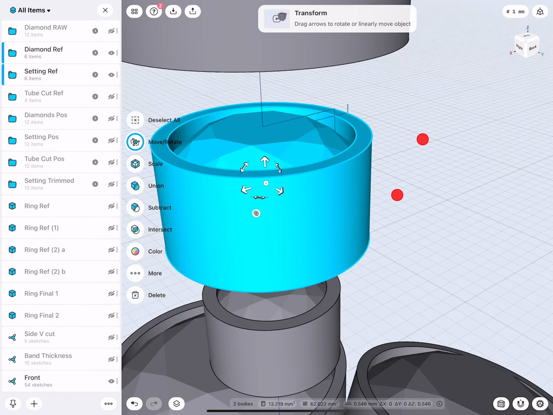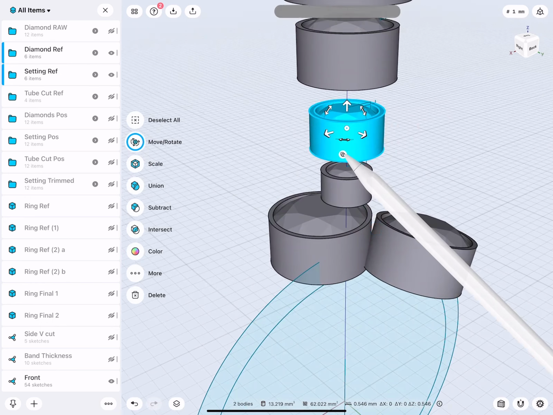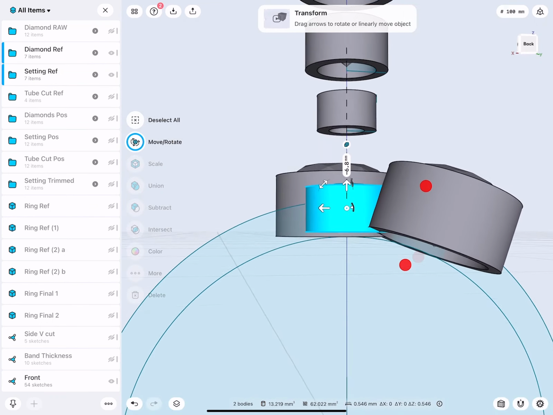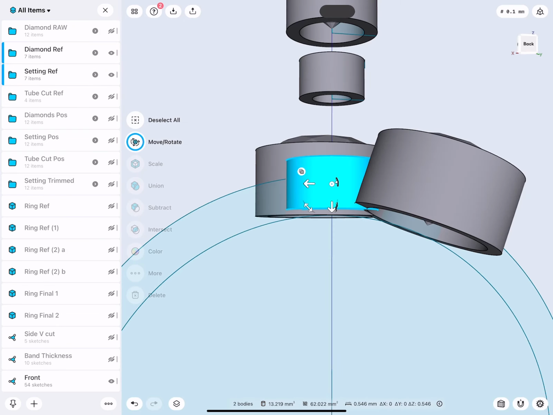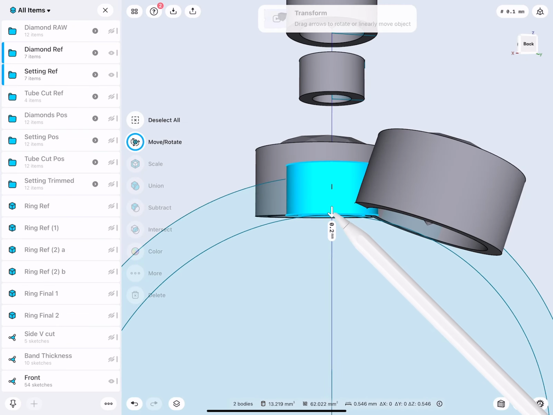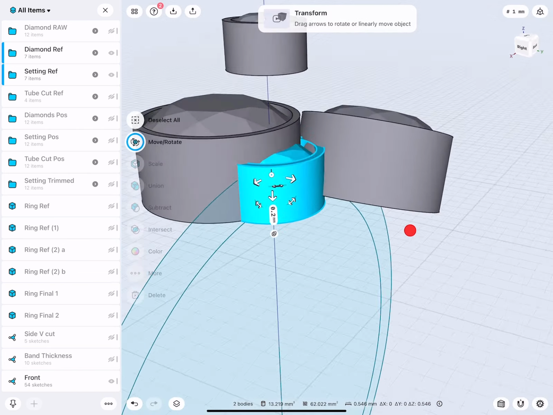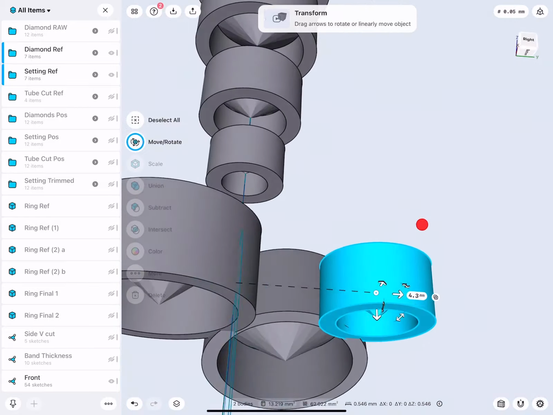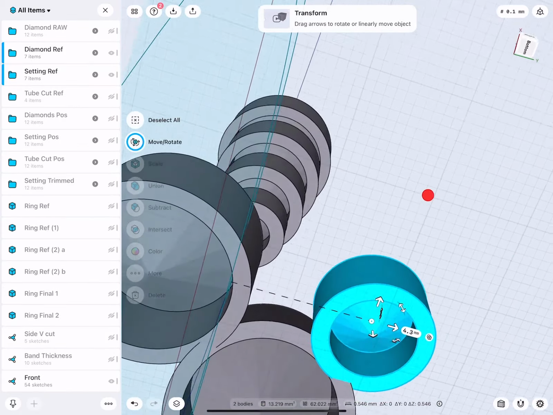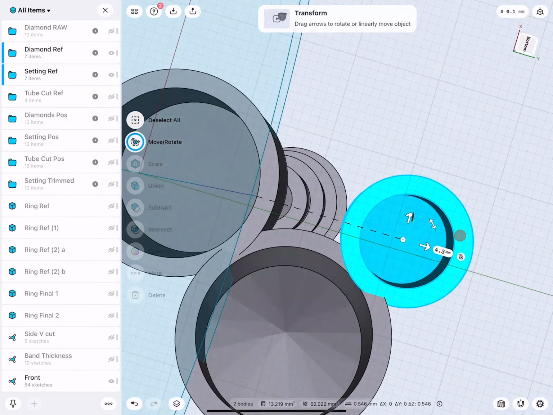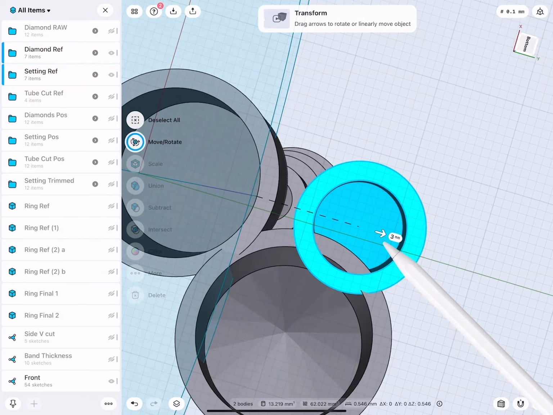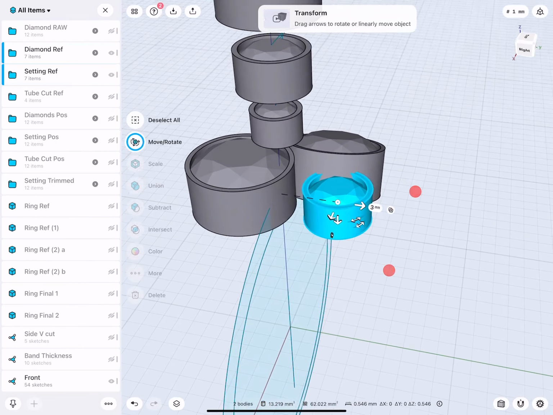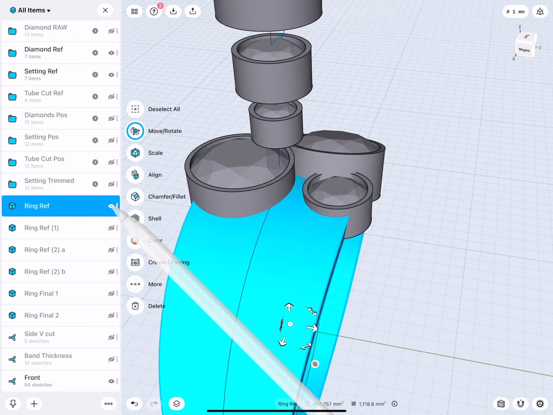Okay, so now we could think, let's put actually a stone there in between. We will select this one. Make a copy, bring this one down. Adjust this. There. So now I will see there's actually quite a big hole. So I will bring this one to there. Very good. Let's take a look when we show the ring band.